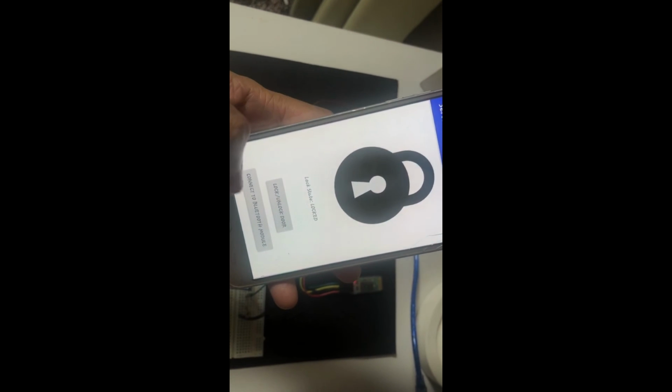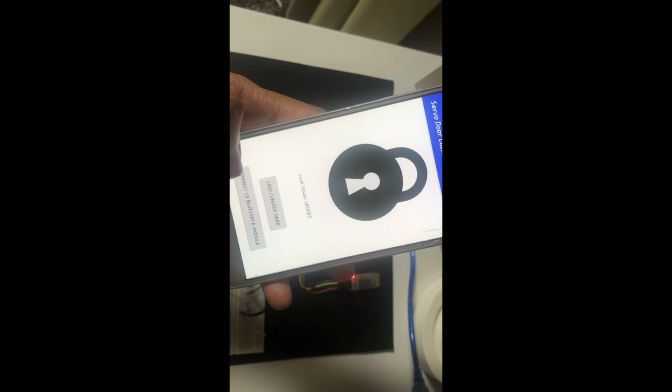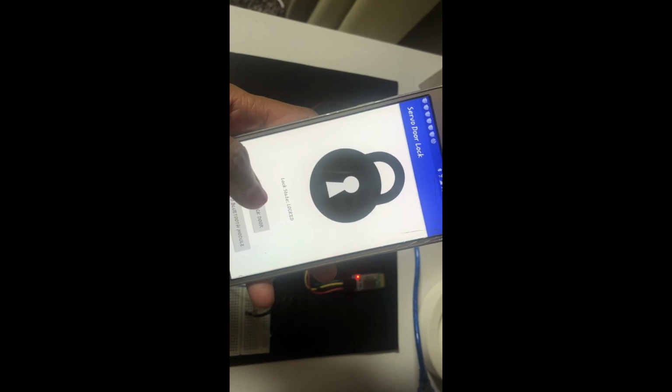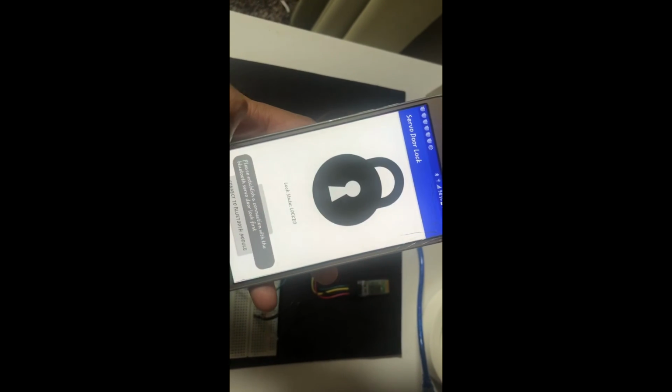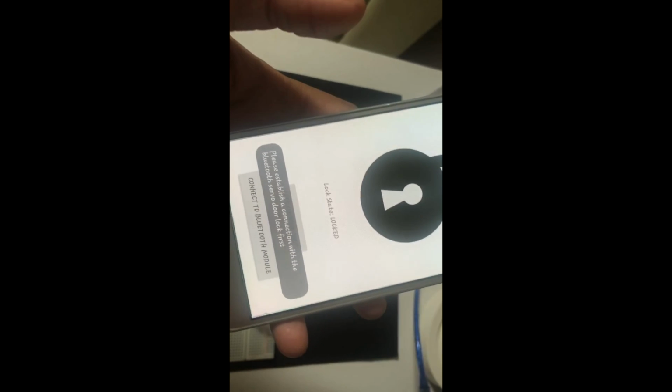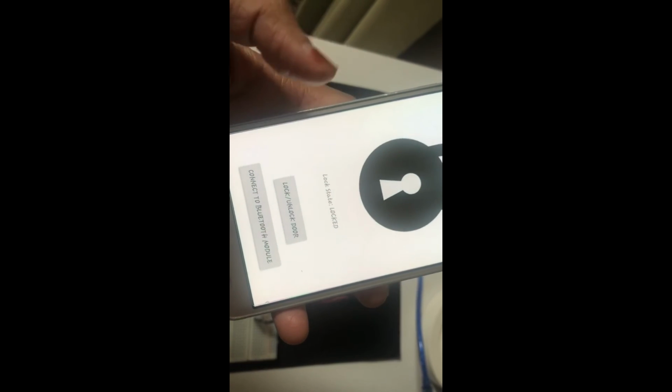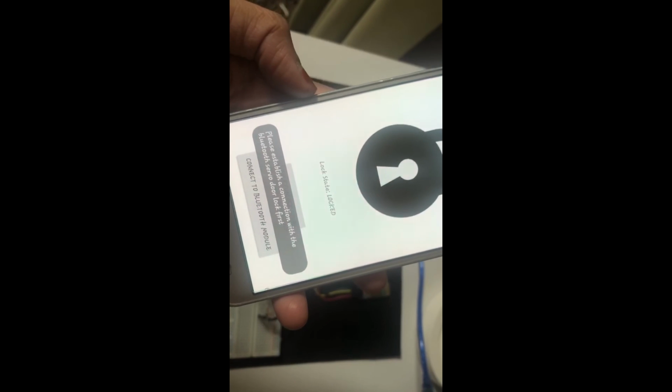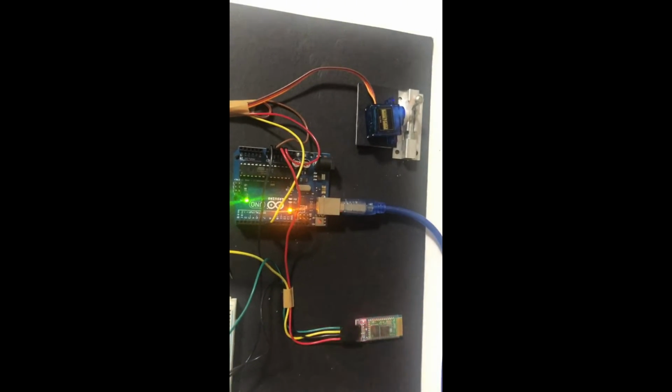So usually the user will connect to the Bluetooth module first and then press lock and unlock. If there is no connection, it will show here: please establish connection first with the Bluetooth servo lock. So if it is successful, when the user presses lock, this one will move like this.